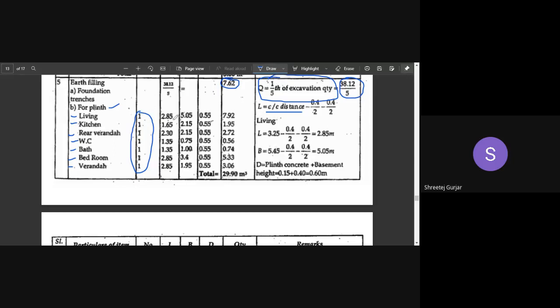So coming to your length calculation. For the living room, let us just look into how they have calculated it. You can see that the living room is 3 meters by 5.2 meters, okay, that is in distance. So we need the center to center distance. We have calculated the center to center distance while calculating the 20 centimeter wall length, right? So we will just refer to that.